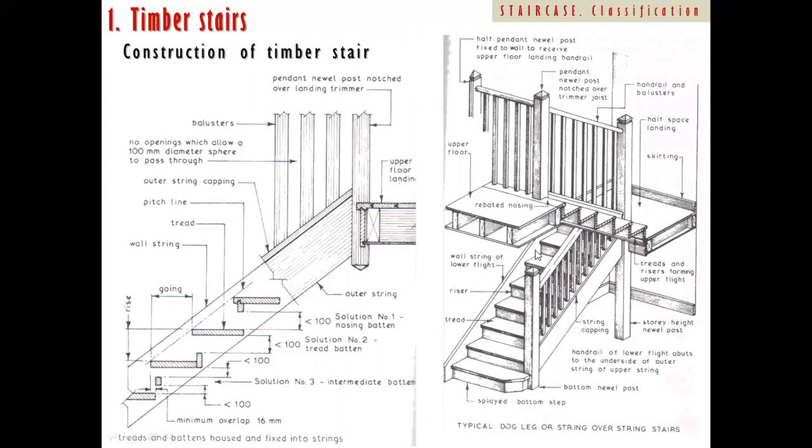And then you can see these are the posts. This can again be converted into the newel post, and it can add additional support to the landing as well as this. Look at this, called a timber joist. This will run all along. It can be fixed in the wall. Similarly, timber joists are fixed here, so these are acting like a beam.